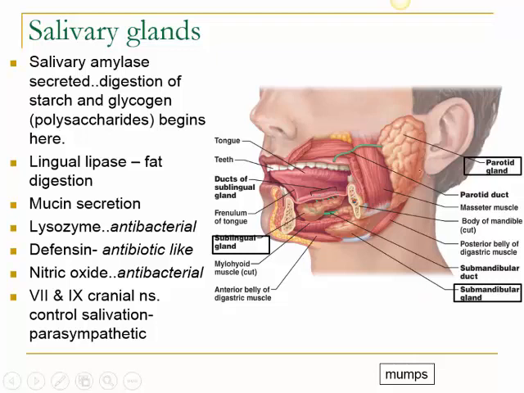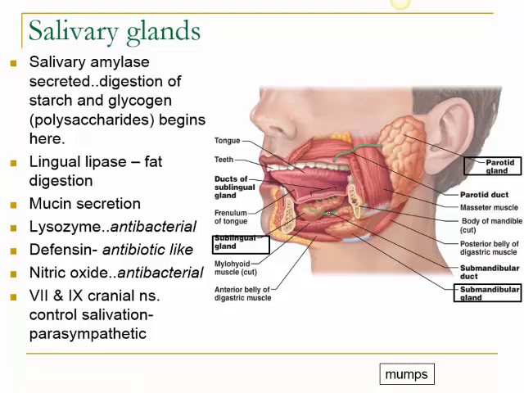So anyway, when we look at the salivary glands, look at this parotid gland right in front of the ear. This part of the ear is called the tragus. It has one duct, which you can see here. This duct passes through a muscle, the buccinator, and opens opposite the second molar tooth in the upper part of the oral cavity. Then the submandibular duct opens when, if you lift your tongue up, you can see a